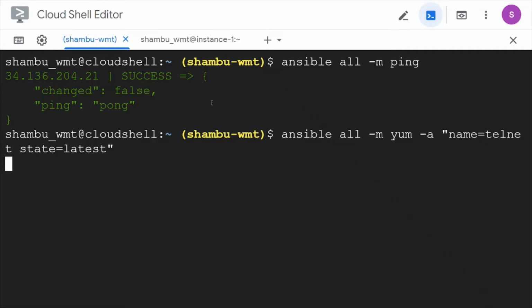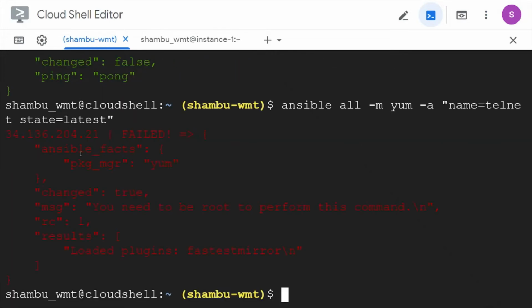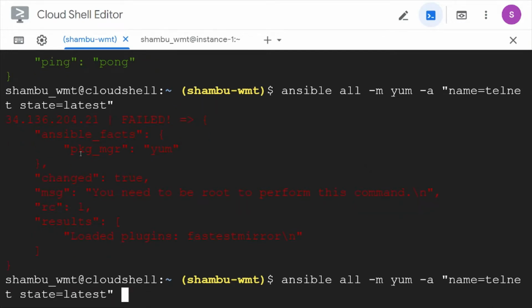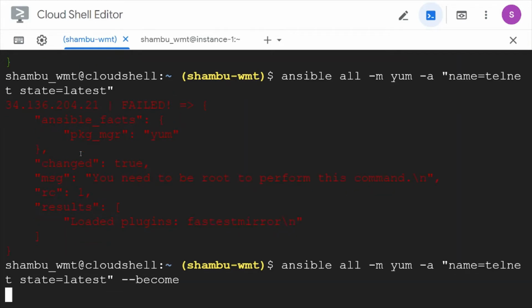So we are providing the options: what is that particular module we want to install, and the state should be like installed. To install any package we need root permission, so we can give that with this flag.